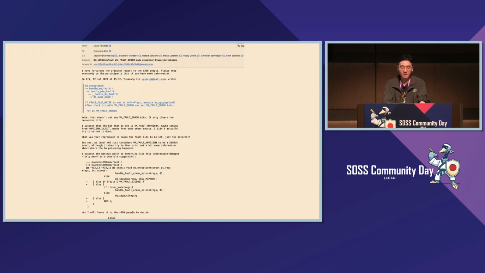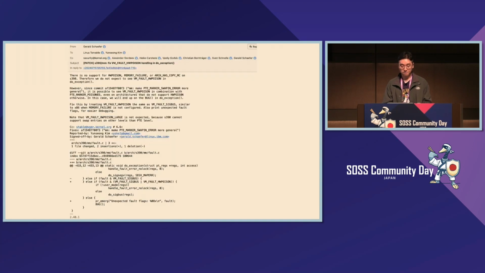But then, Linus replied, correcting my misunderstanding and providing a more general explanation. In fact, this is the first email I've received from Linus. Cheers. Linus referred to Syzkaller as a reproducer, which we can discuss further in the Syzkaller chapter. He also shared a patch that prevents this crash issue. Linus encouraged the involvement of the people who maintain the subsystem,